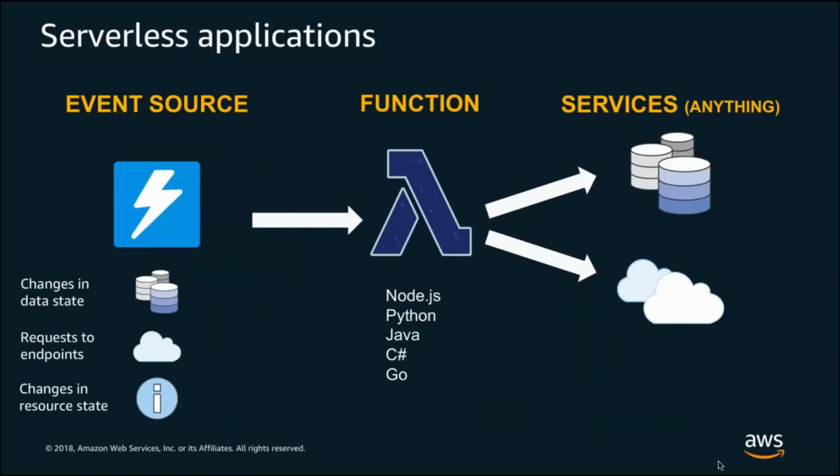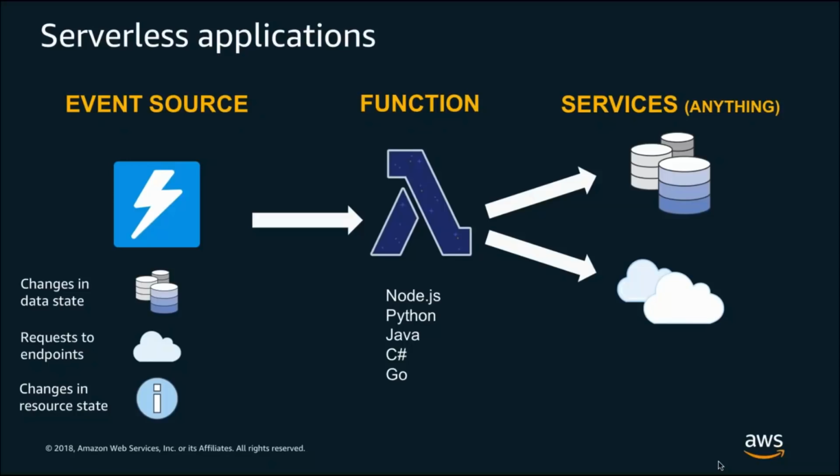The center of the serverless universe for us here at AWS is AWS Lambda. So AWS Lambda is, at the end of the day, a compute service. And when we talk about a serverless application, it exists around Lambda essentially as the core of that application. And so typically a serverless application is made up of at least 3 components, sometimes just 2 though. So you'll always have some sort of event source.